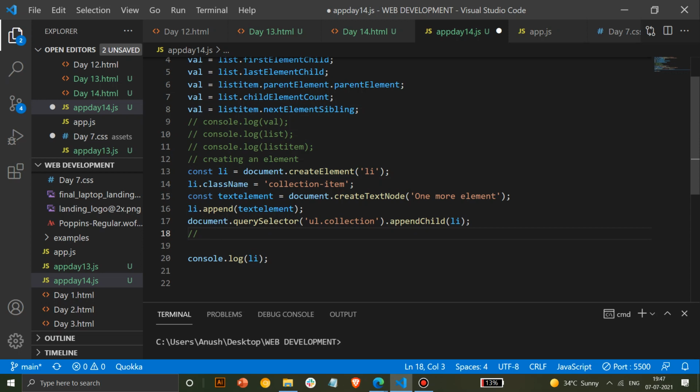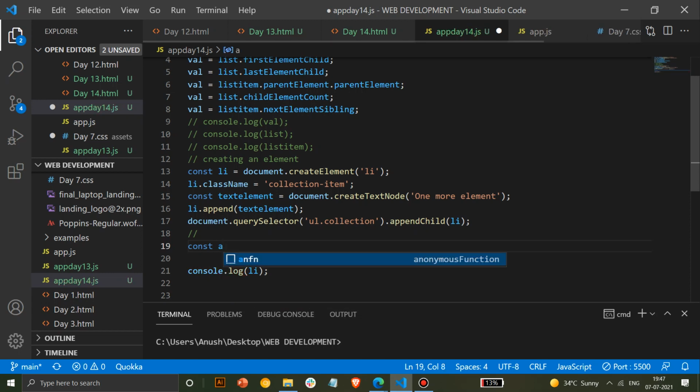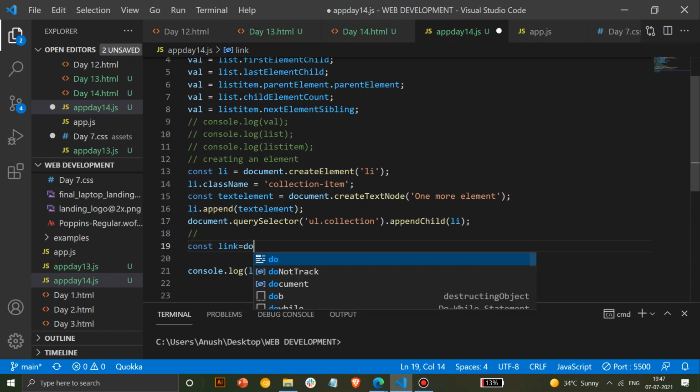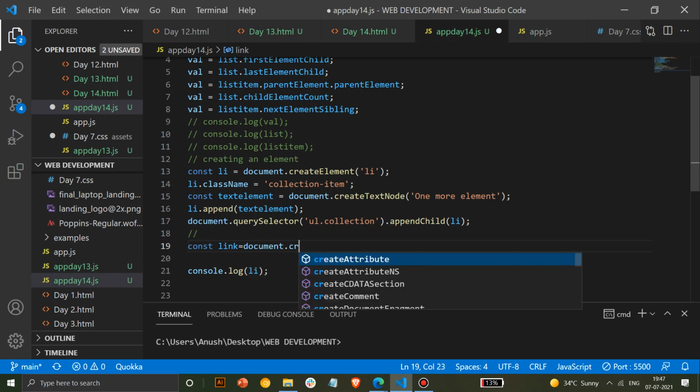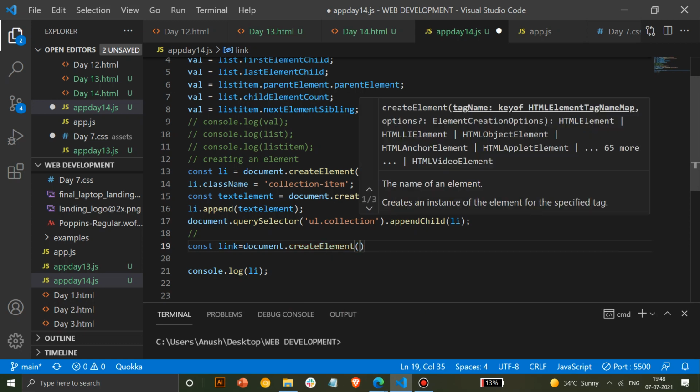I'll create a link now and show you. So const link, and I'll show you how to embed a link inside an HTML element. We'll use createElement, and here you'll add a.